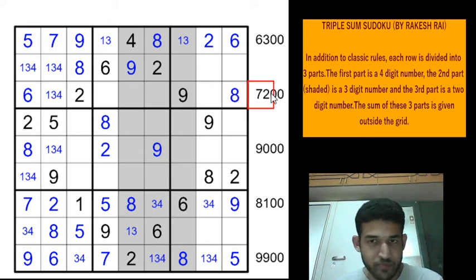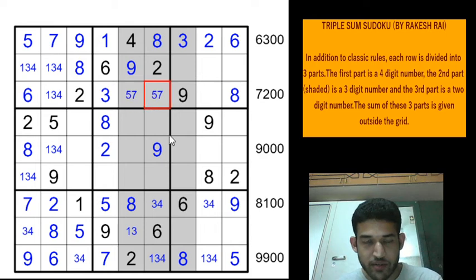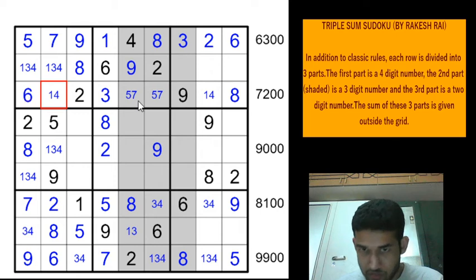Let's see this clue now. Now again, the digits in units position need to add up to 10 or 20 to get the 0 here, but they cannot add up to 10 because we already have 8 plus 9, so they need to add up to 20, which means this cell will be a 3. That gives a 1 here, a 3 here, and these two cells will be 5, 7 in some order. So they will be 5, 7, and this will be 1 or a 4, and this will be a 1 or a 4.